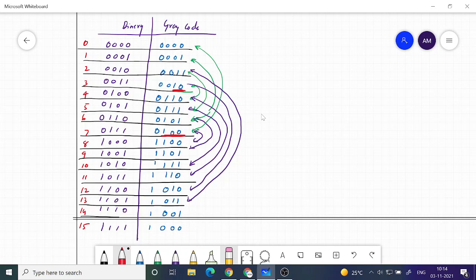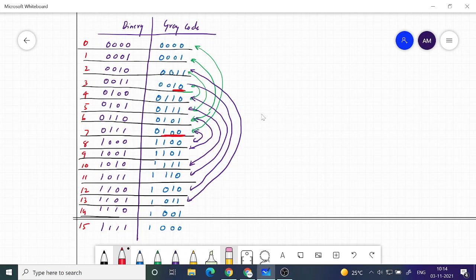Again I change the least significant bit, I get 1 1 1 0 1 1 1, which is not allotted earlier, so that is a valid code. I cannot change now the least significant bit. I try and change the next bit, which is 0 1 0 1, which is not part of the earlier code. So this way I have to proceed.